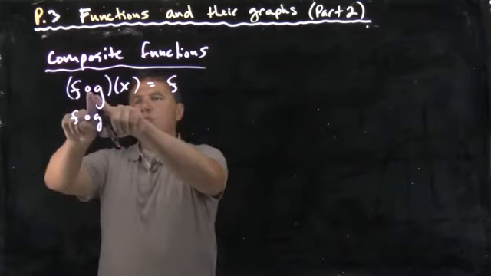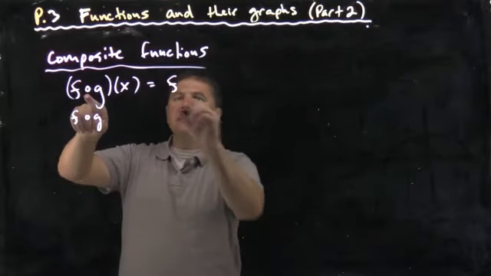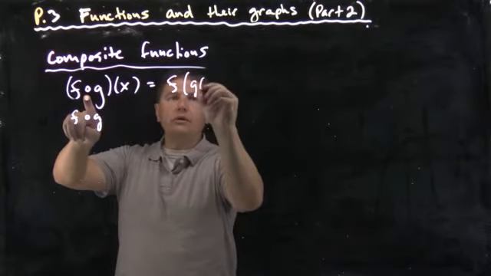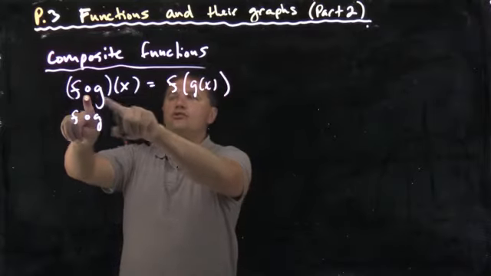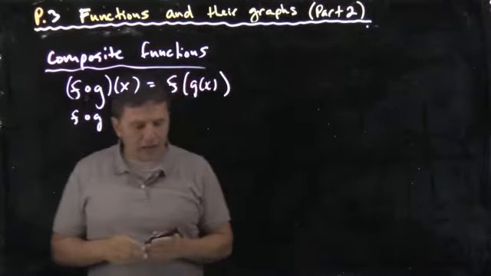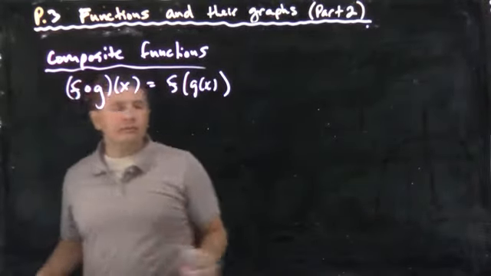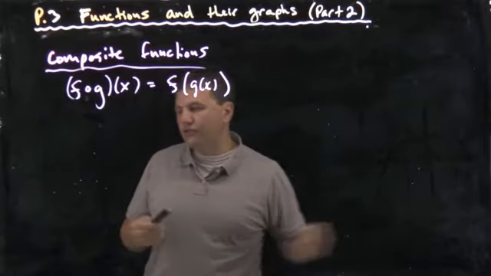If you remember it this way, I think sometimes this notation confuses folks. If you just think of it as just keep it in order, I think it helps. So g is getting plugged into f. If you just sort of get rid of that circle and put in parentheses, I think that's an easy way to do that. So in other words, what's going to happen here, go back to when we started this section, part 1,